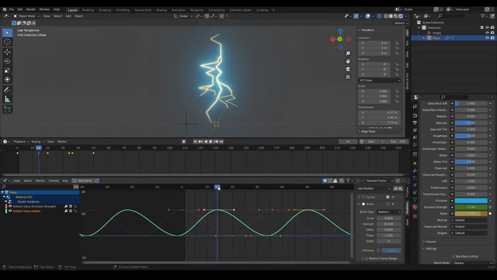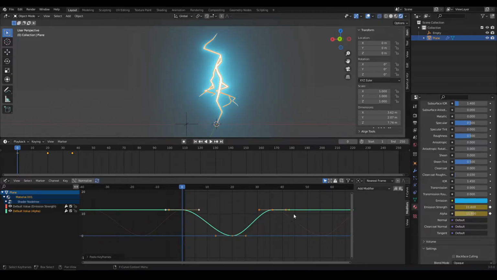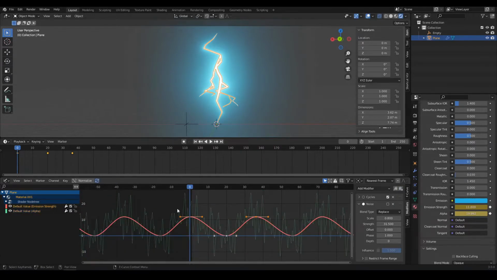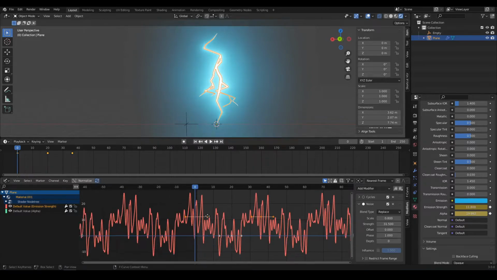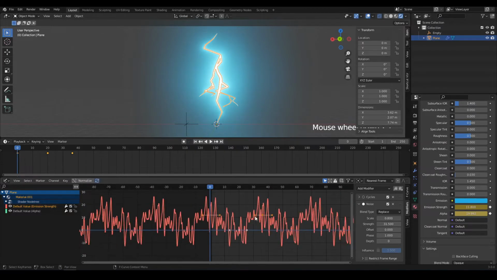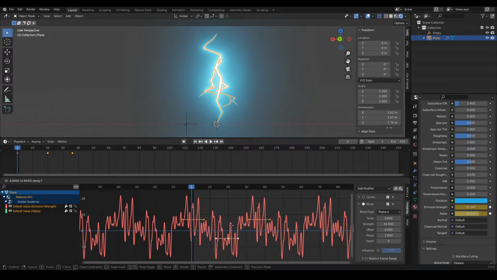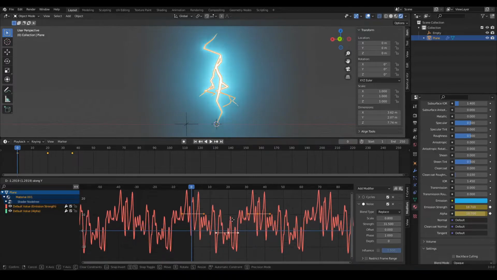So make sure your playhead is at the same place before you copy the keyframes. So now they are at the same place. And if I paste the modifiers, both curves should be exactly the same. Yes. And what I can do now is grab all the keys and move them a bit down so that